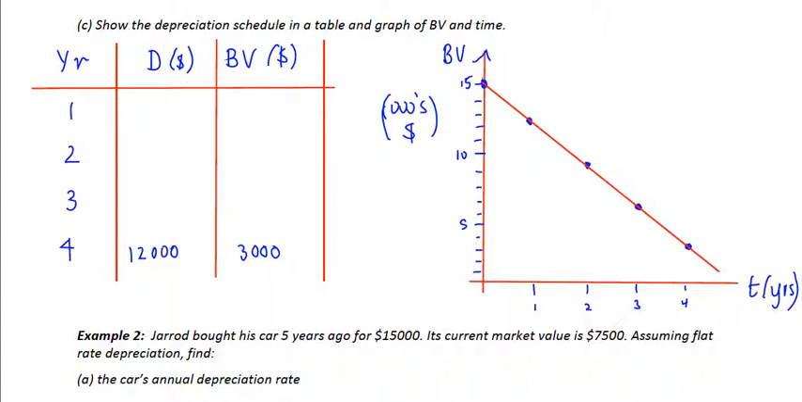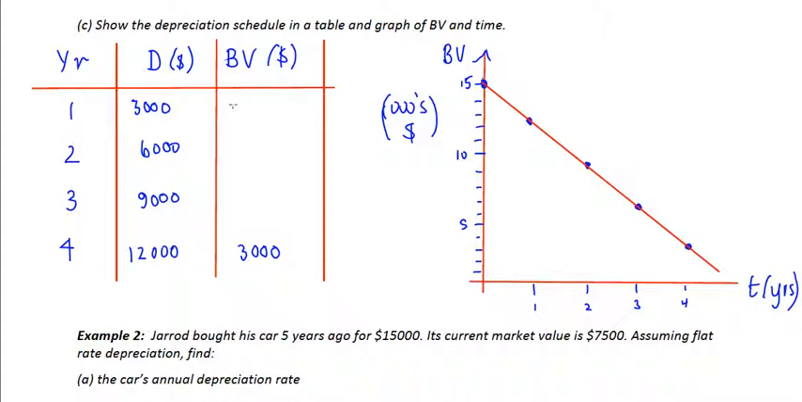Now, what happens with flat rate depreciation is that it loses the same amount every year. So if it lost $12,000 in 4 years, it means it must have lost $3,000 every year. So $3,000 in the first year plus another $3,000 for the second year would make $6,000. Add on another $3,000 and you can see every year $3,000 is being lost of the value of the printing